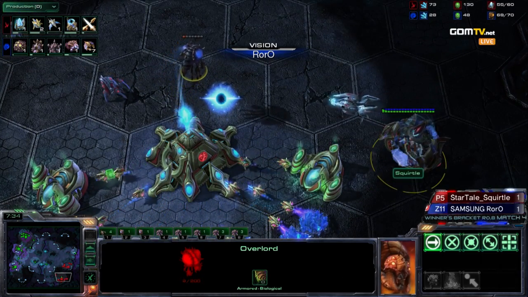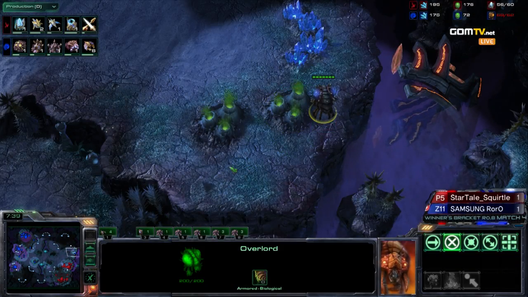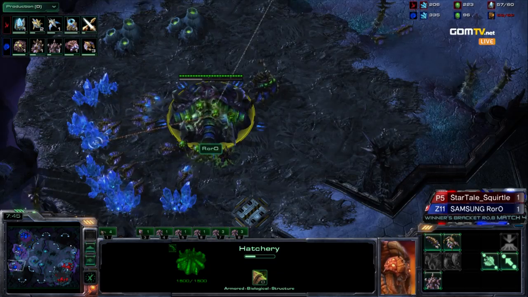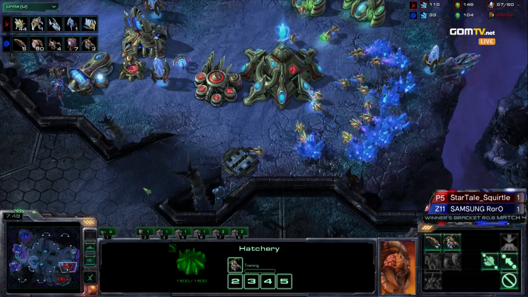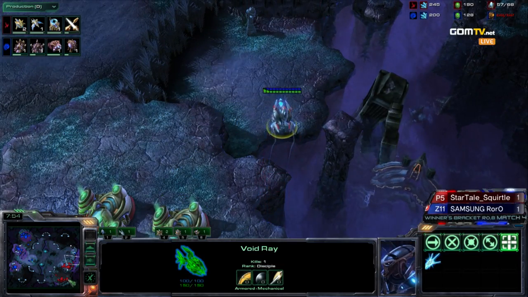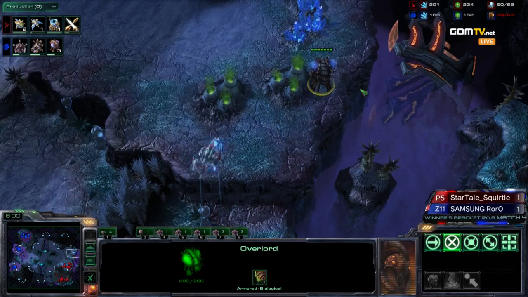He doesn't know it. Okay, he saw. Just in the last second. Yeah, he saw the Chrono Boost, but at first he wasn't really aware of what exactly was Chrono Boosted. And once again, Ro8 is heavily supply blocked here after the Overlord is lost. He only starts one, which actually is going to put him barely enough, and then he's just going to lose another Overlord over here anyways, so...